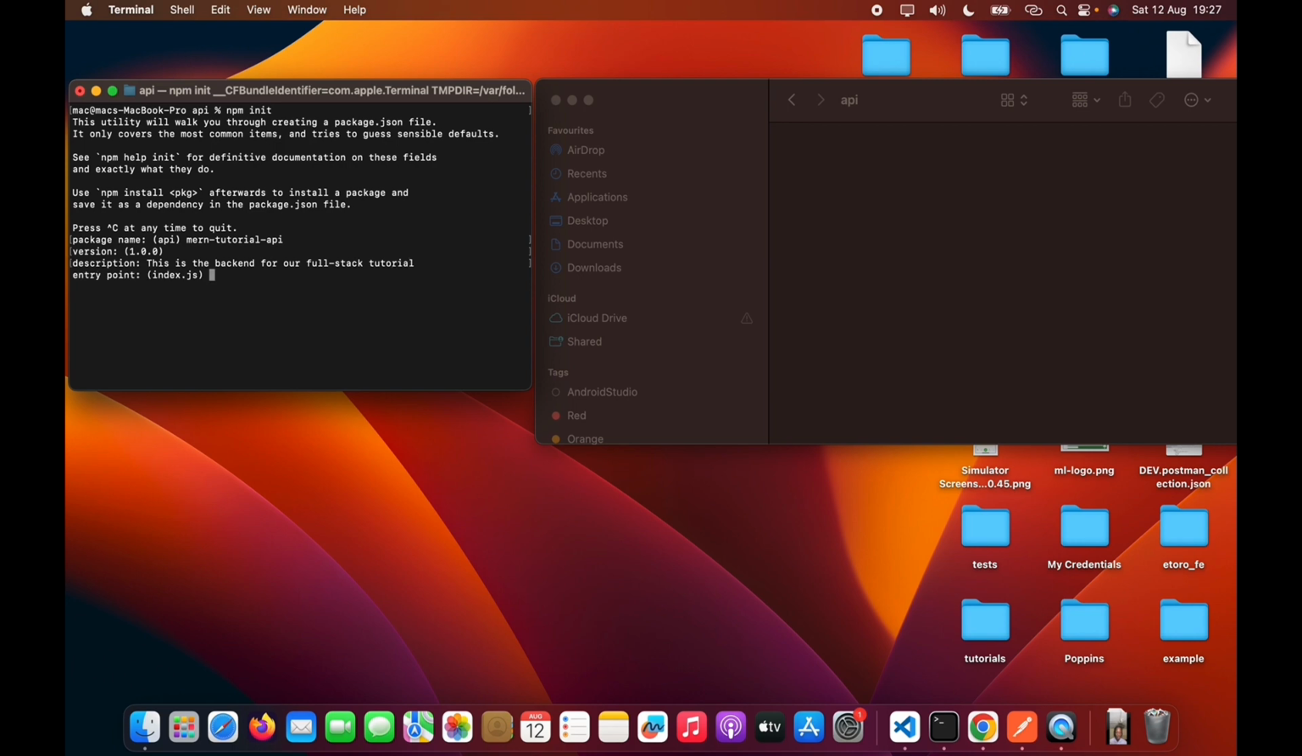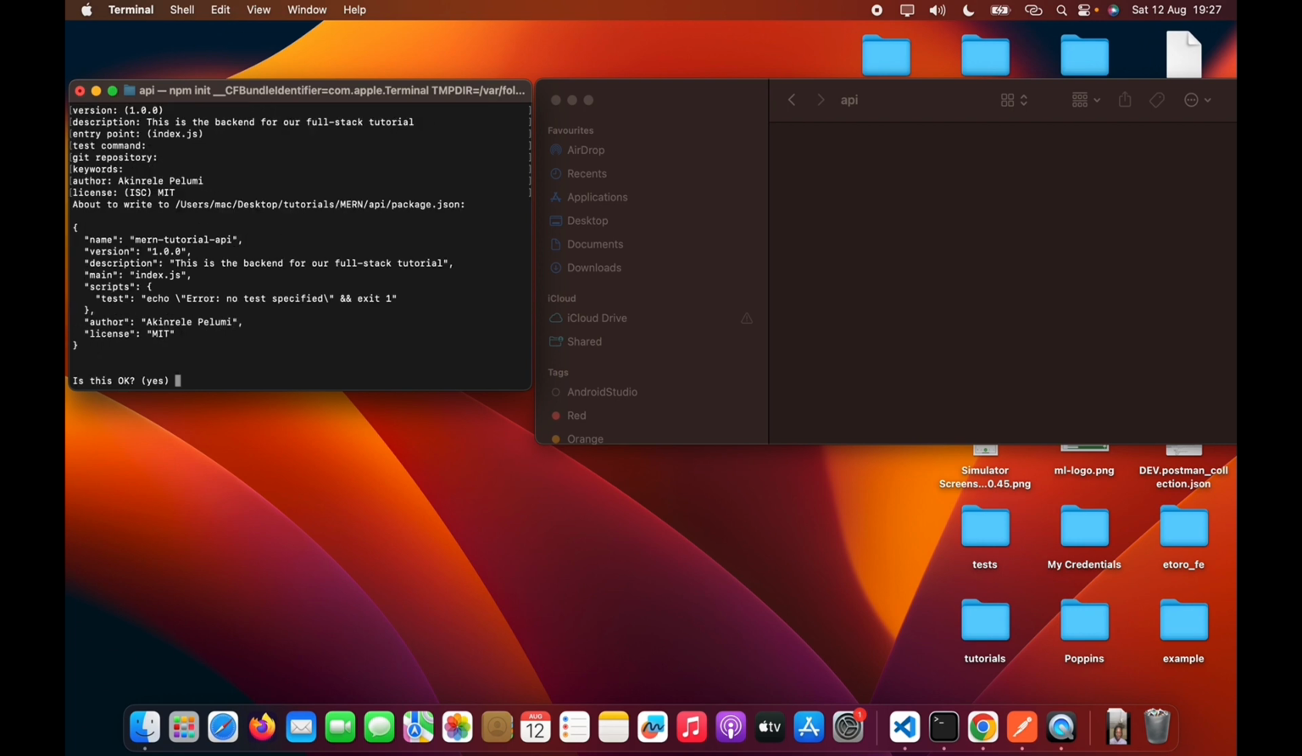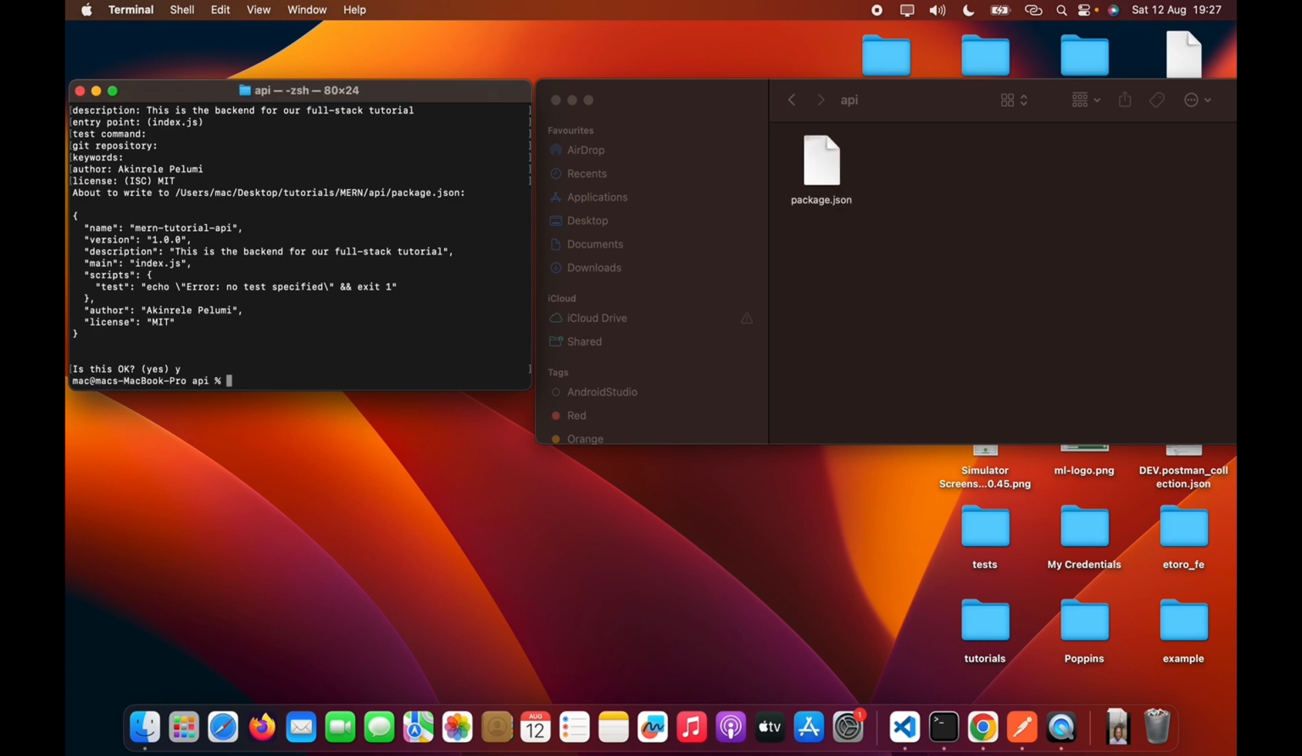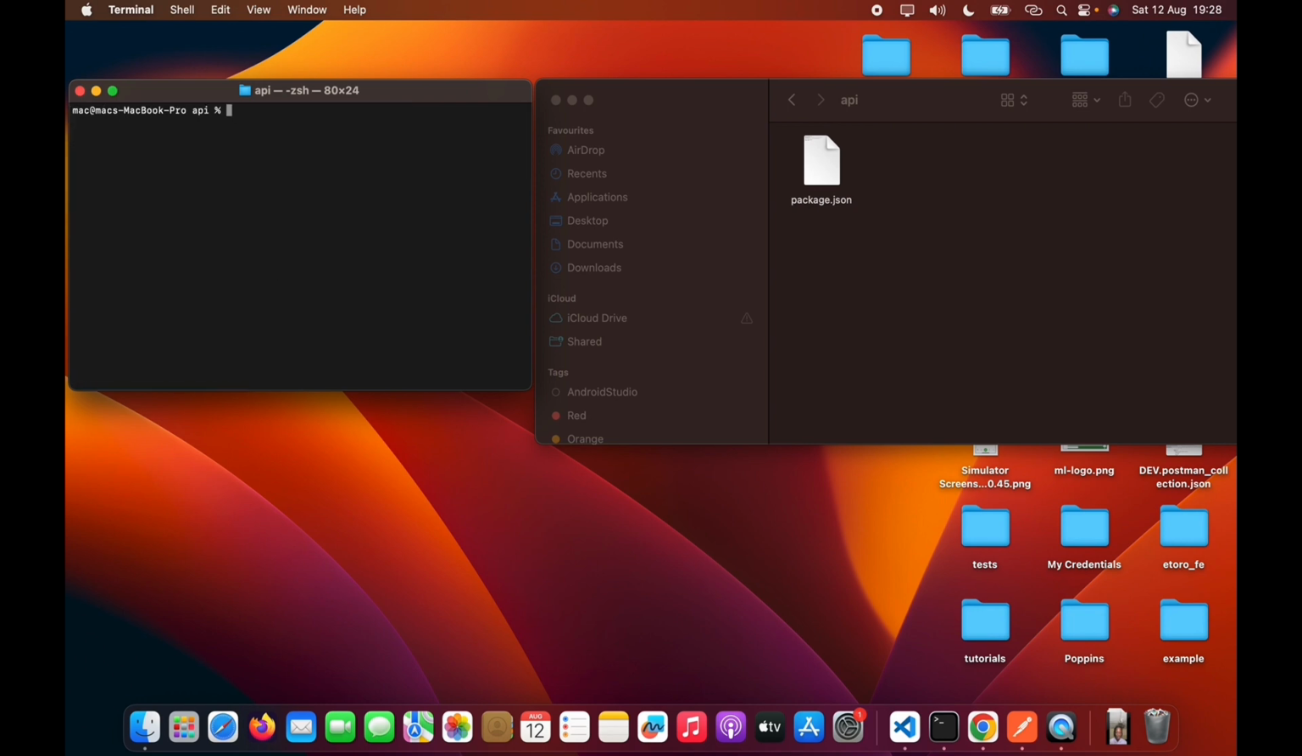The entry point of our API, let's leave it as index.js. Test command, we can leave it empty. Git repository, we can leave it empty. Keywords, we can leave it empty. Author, you can choose to write your name. I'm just going to write my name there. And the license, I always use MIT. Then you confirm by entering yes, it is okay. As you can see, we now have a new package.json file. So we have successfully initialized